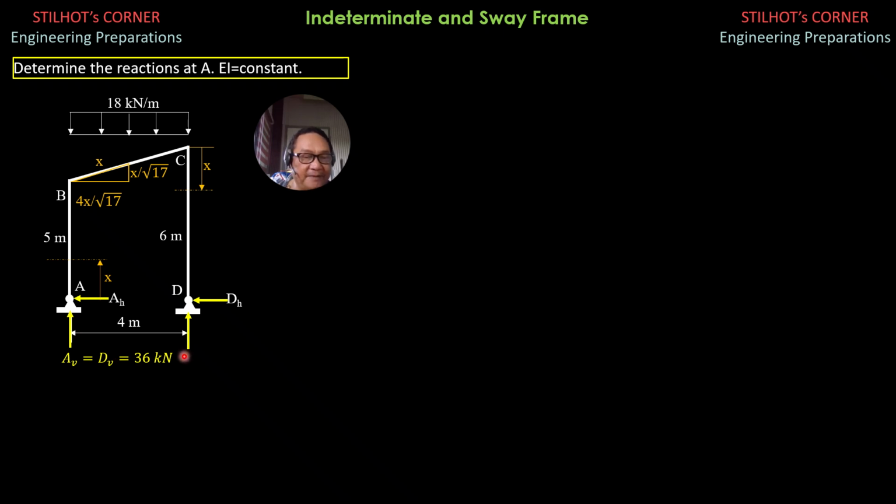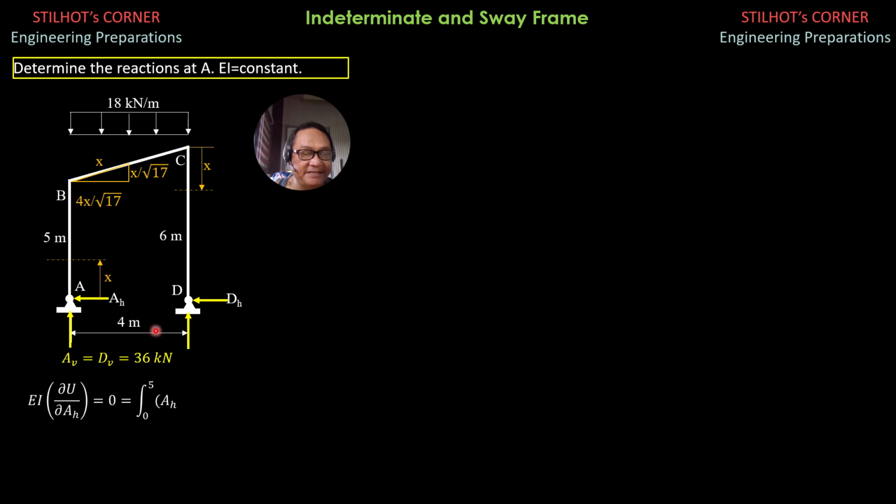So for the first solution by method of least torque, partial derivative of the energy with respect to the redundant force AH, this is indeterminate to the first degree, so there's only one redundant force. So at section 1, the moment there is AH times X only. So integral of partial derivative of U with respect to A sub H equals 0 equals integral of quantity AHX,